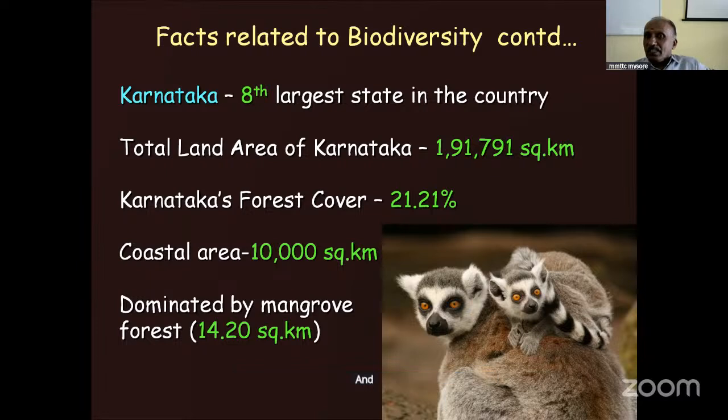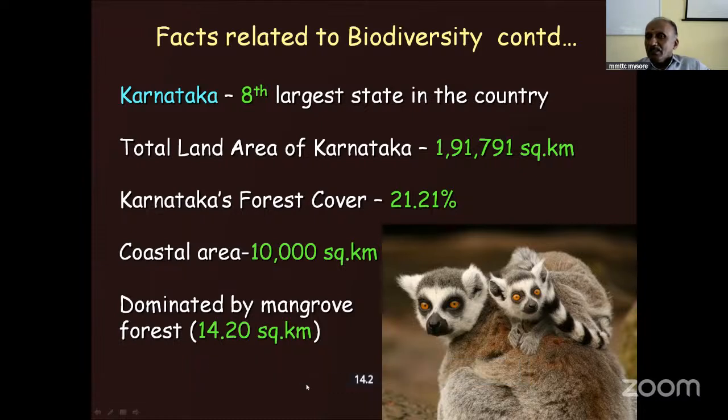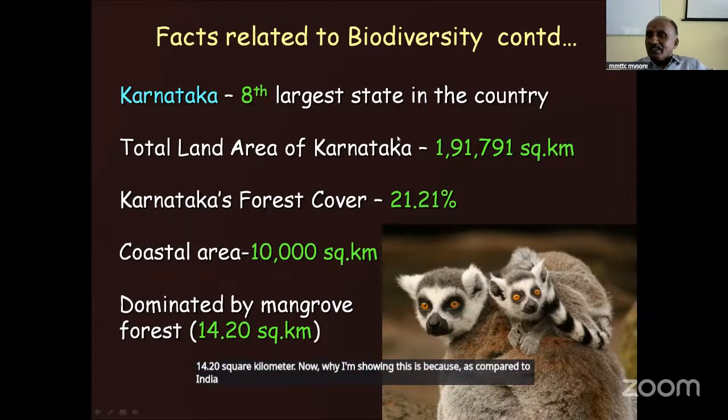And the coastal area runs about around 10,000 square kilometers in Karnataka. And in this coastal area, especially the adjoining of oceans and the freshwaters, rivers, we have got this mangrove forest, which is stretching about 14.20 square kilometer. Now, why I am showing this is because as compared to India, Karnataka is also rich in biodiversity, no doubt,